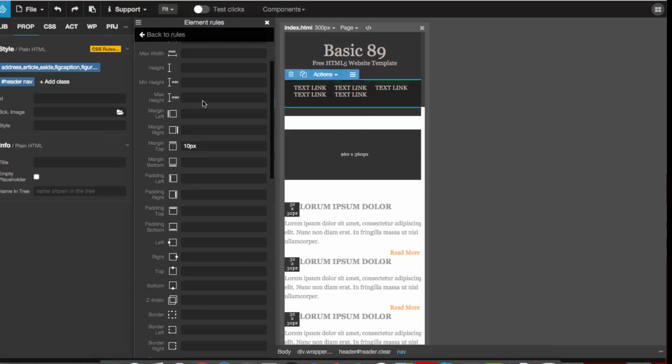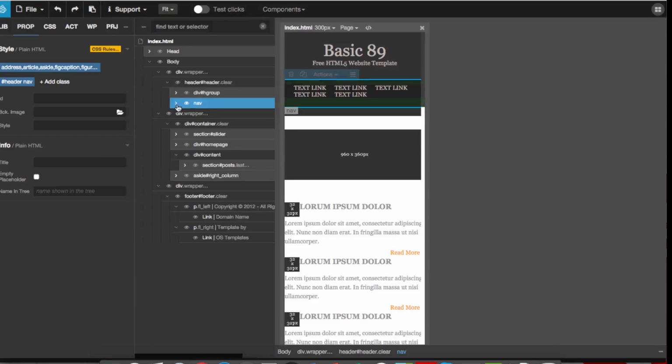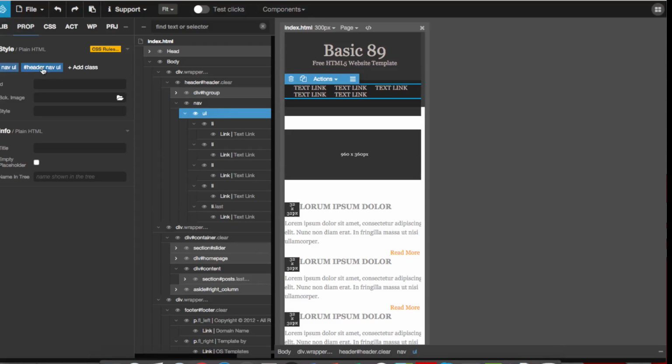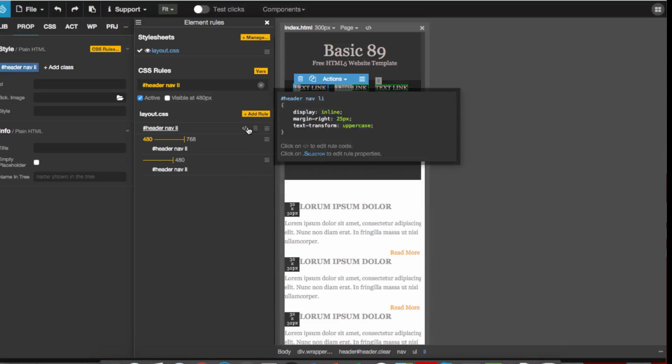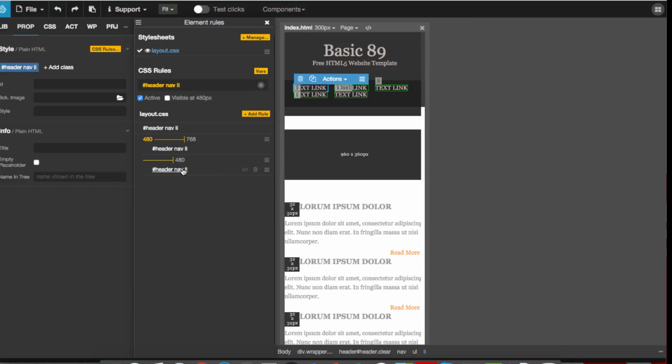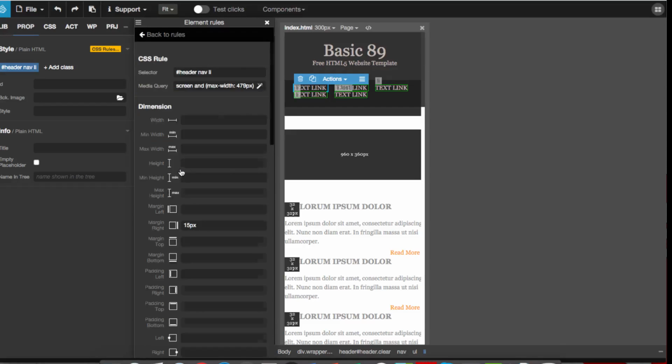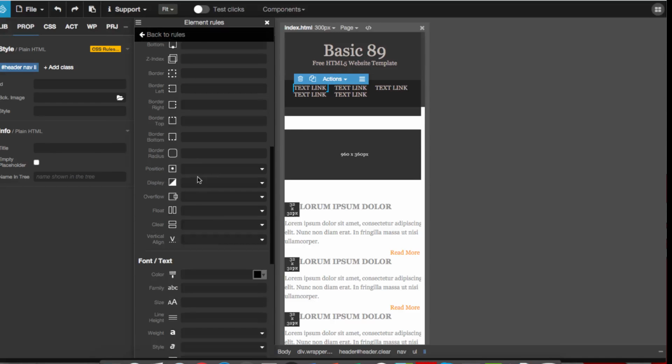On a very small screen, this UL, LI, I see its margin-right is 15 pixel and it's display inline, so what I will do here, max-width 480, I will do display block